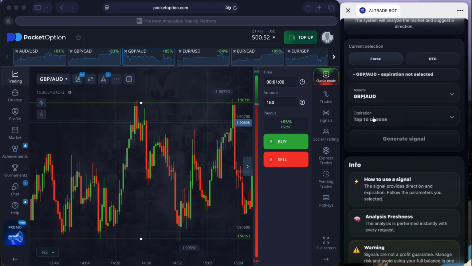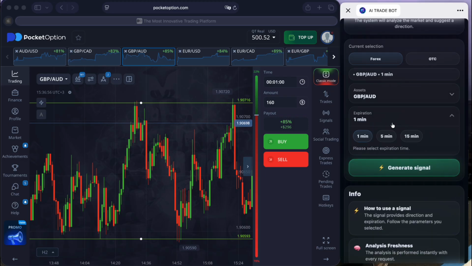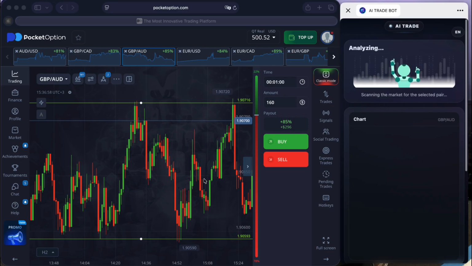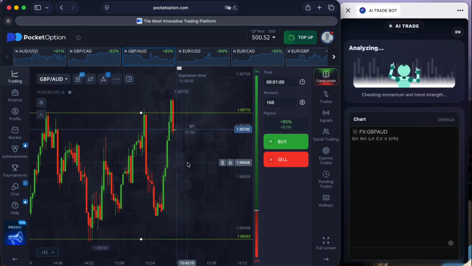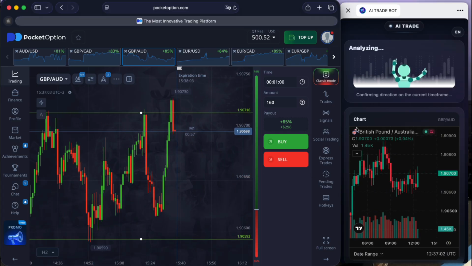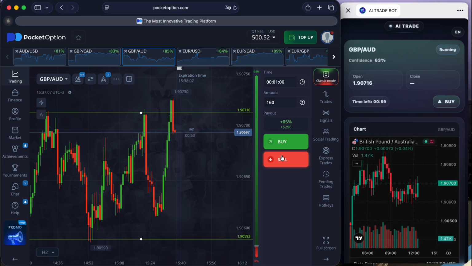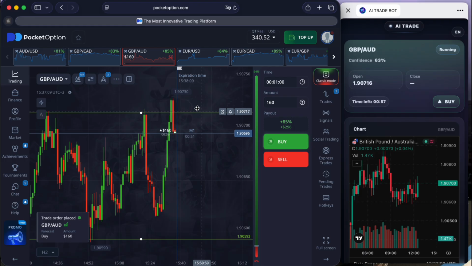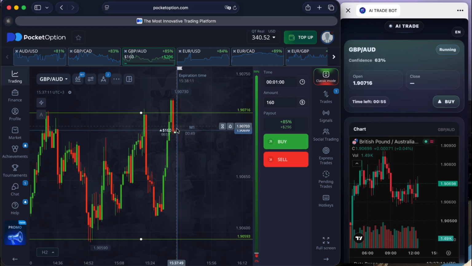We have already conducted a small technical analysis on it. I set the expiration time to 1 minute and immediately click on the signal generation. I am waiting for the technical analysis of this bot in a matter of seconds. The bot conducts the entire technical analysis on this asset for us, after which it gives us a buy or sell signal. There is a buy signal in the lower range after one small correction candle, opening with 63% confidence